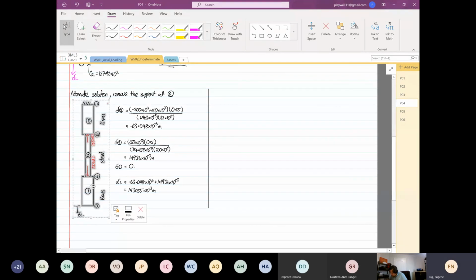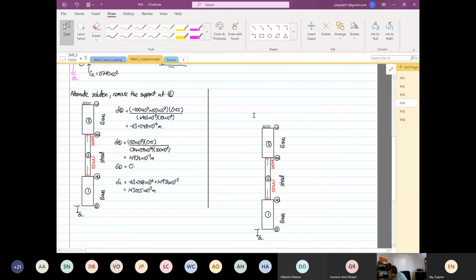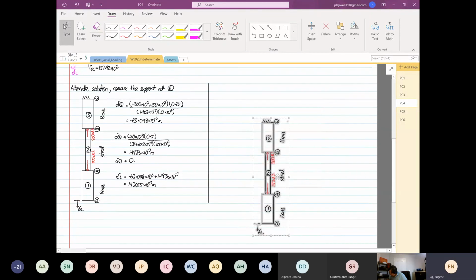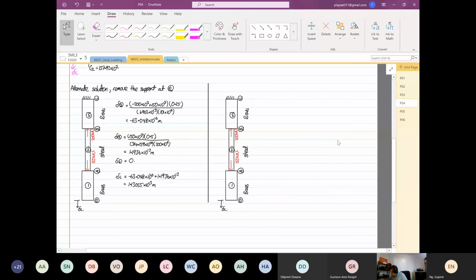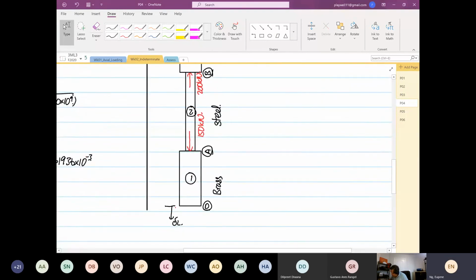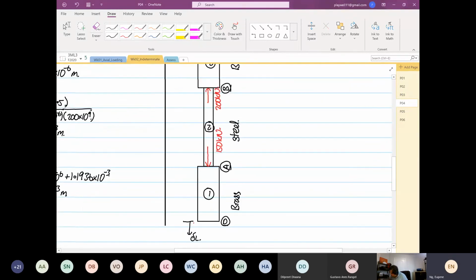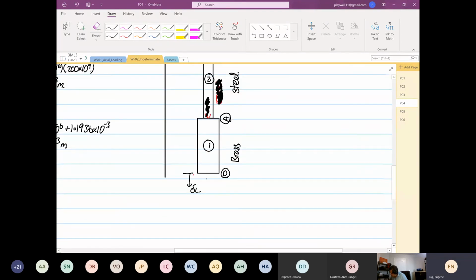Like what I mentioned before, we are not going to see the load at all in this whole thing. So now we have our reaction at point D. Okay, so reaction at point